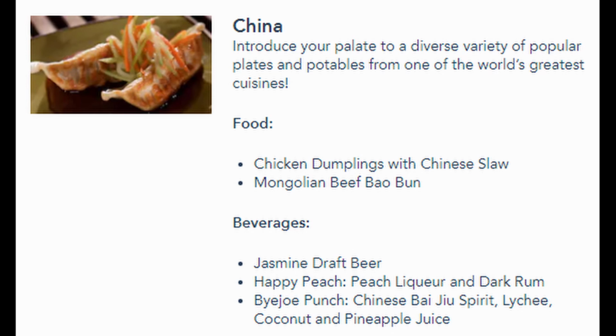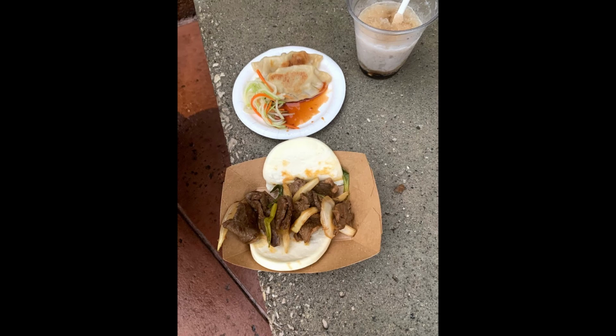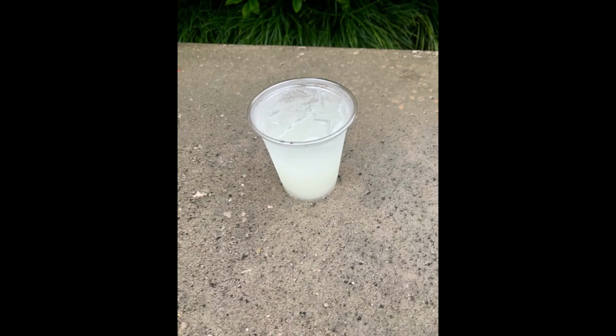They had a Mongolian beef bao bun and chicken dumplings. The bao bun was more of a deconstructed bao bun and it was very delicious, but the chicken dumplings weren't memorable, but not horrible. I also got a Bai Jiao punch, which was my second mistake of the day because